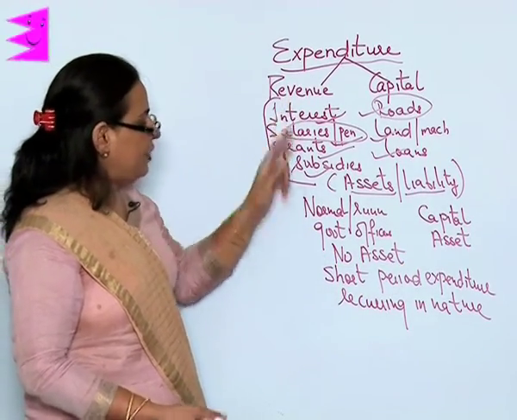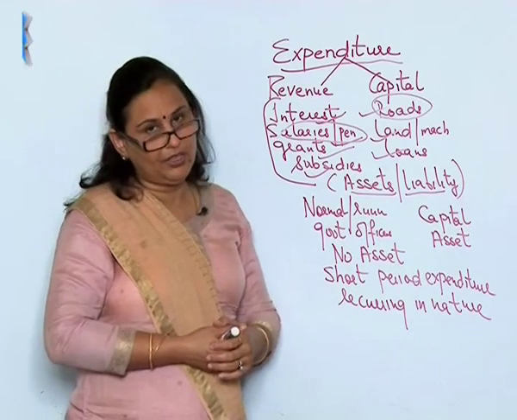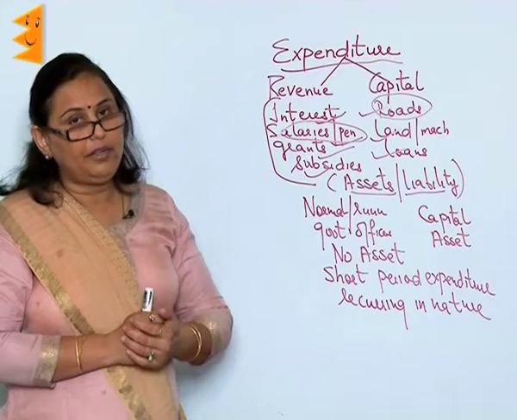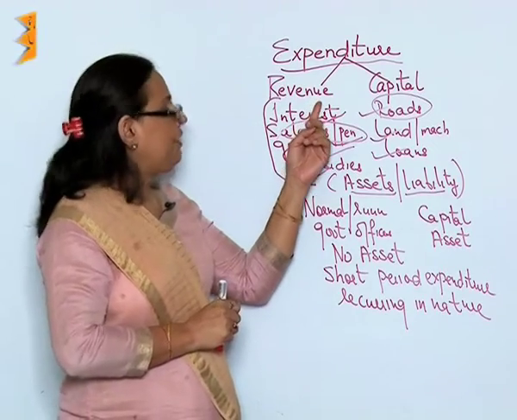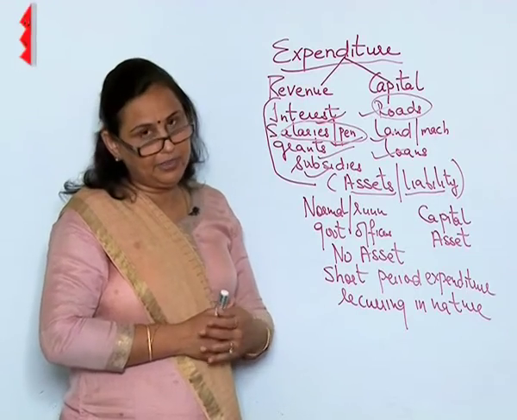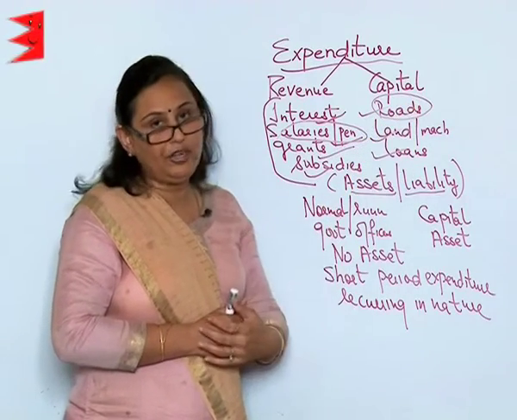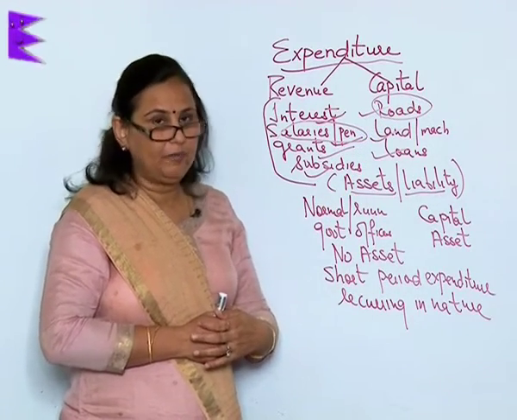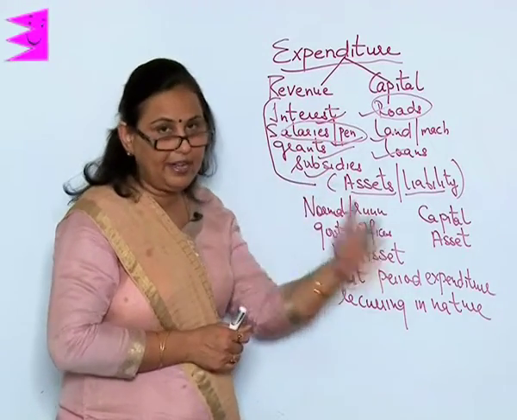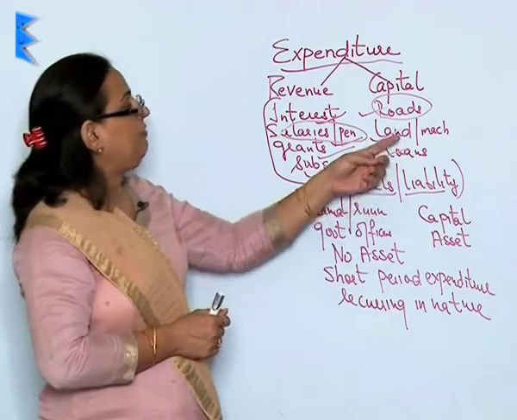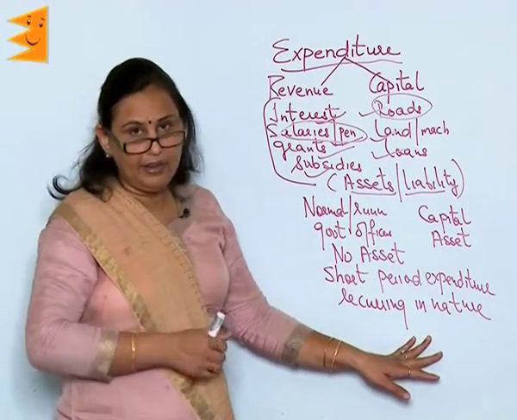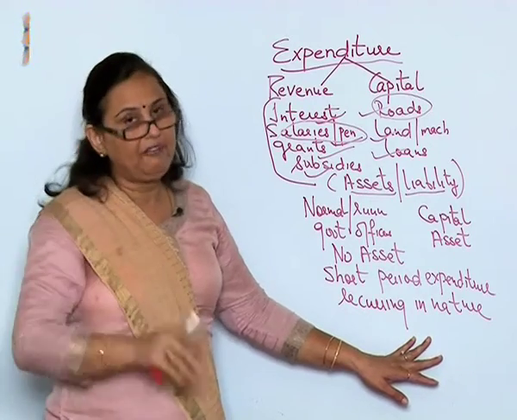A revenue expenditure is a short period expenditure, whereas the capital expenditure is a long term expenditure. A revenue expenditure is recurring in nature, whereas a capital expenditure is non-recurring in nature. I'll have to keep on giving salaries and pensions to the people. It's recurring again and again, month after month. But if I buy a building to make an office, it is not recurring. It is a fixed asset. It will be there for some time.